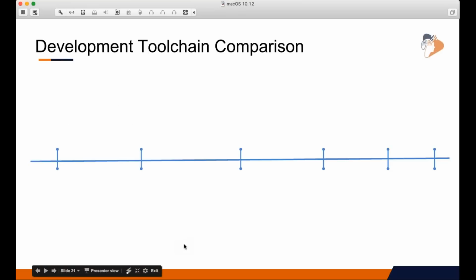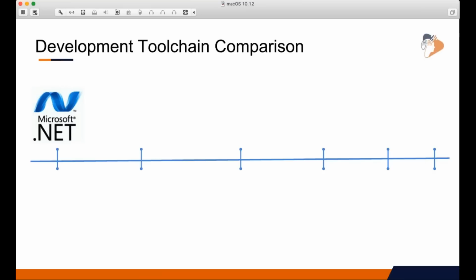So let me run through and explain some of this. This is a slide I call my money slide, because this is the thing that I think keeps tripping everybody up that's getting into SharePoint Framework development. And I think it helps if you compare it to what we used to do. The difference here, just to give you a preview, is that when you used to do SharePoint development,